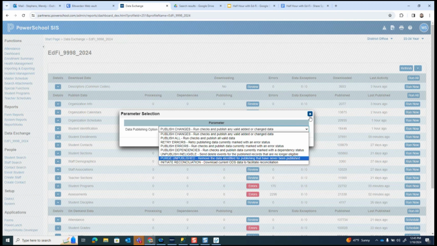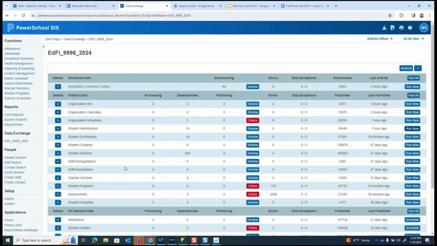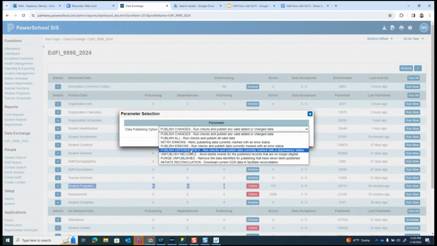No, it's all right. So Brett, from what you're sharing, even if they have programs errors, maybe they could still come up here to student identification and try. Yeah, because at least that could help clean up some of those.